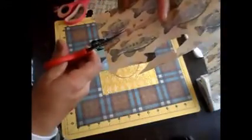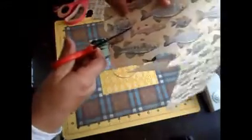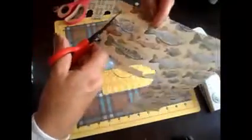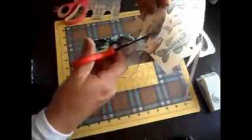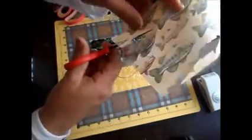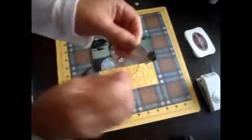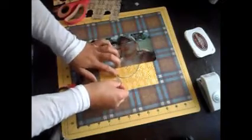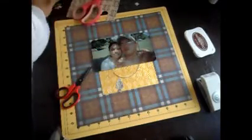And this works really well, especially if you have a lot of little pieces of paper that you need to do away with and they have images. Fussy cutting is time consuming, but it does save you a lot as far as money goes. So that's that. So there's your fish right here, and then what I'm going to do is with that jute I want to put some fish right on there,